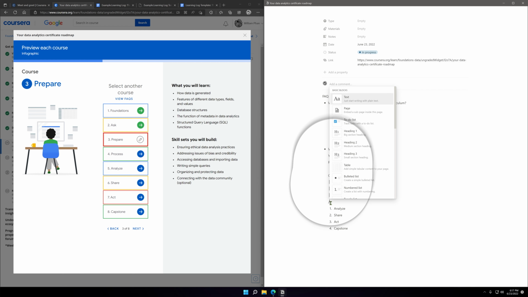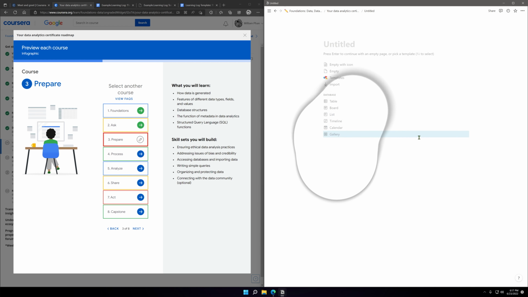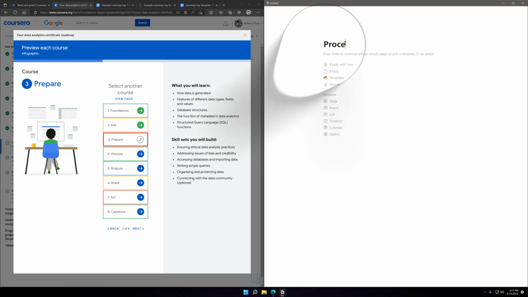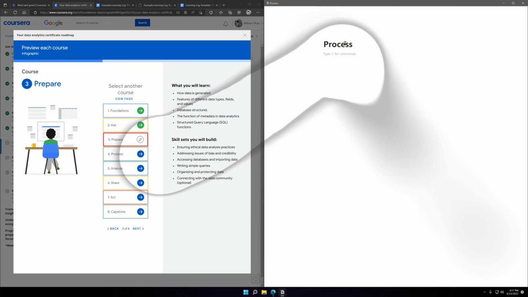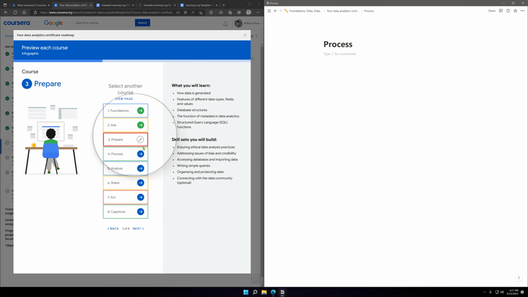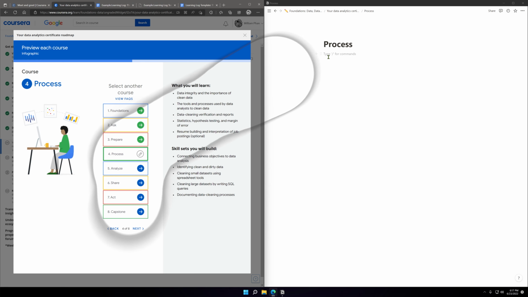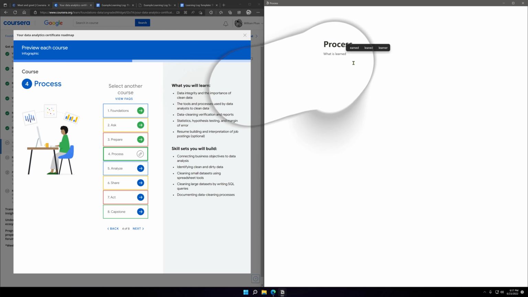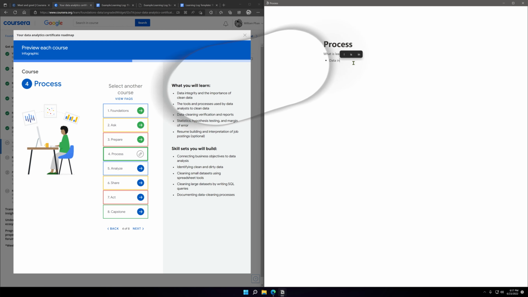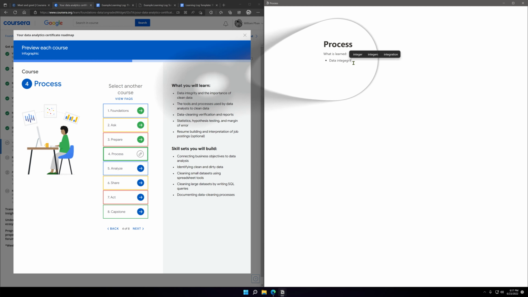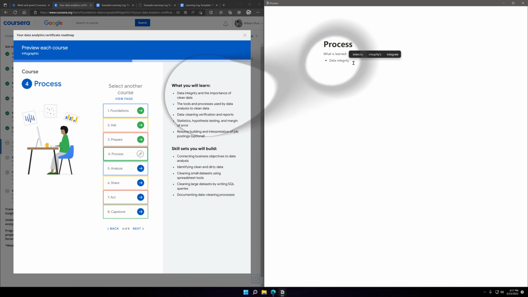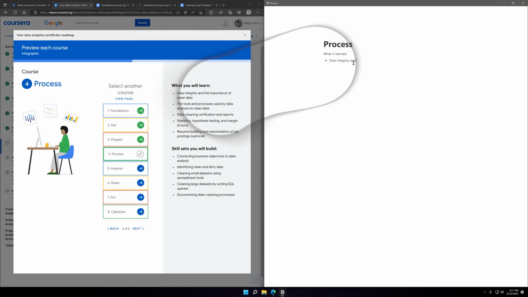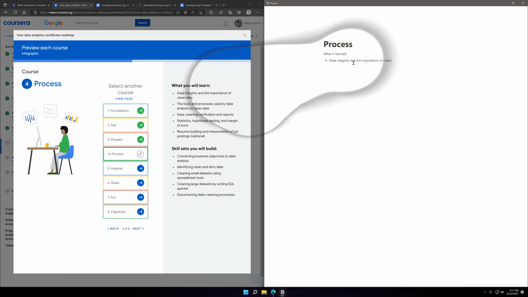Learn. Data integrity. Ready. Self-clean data.